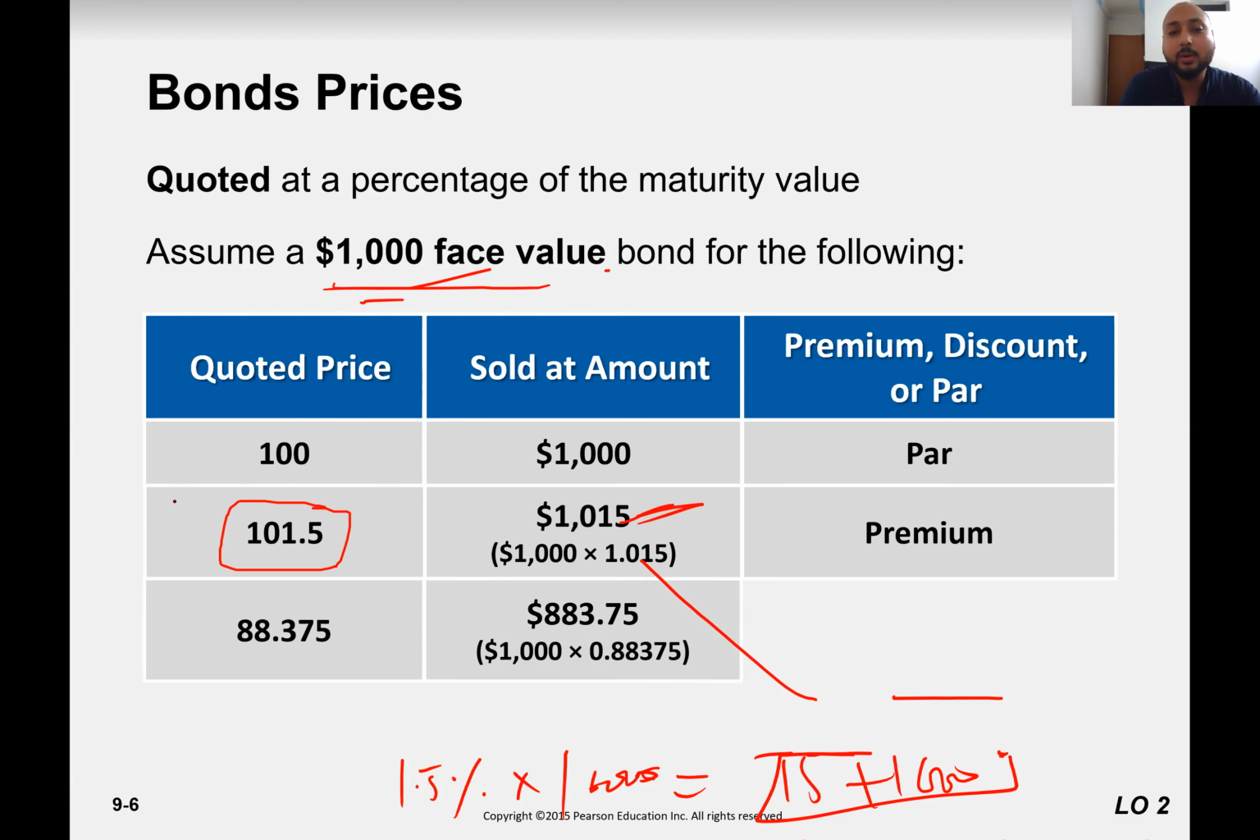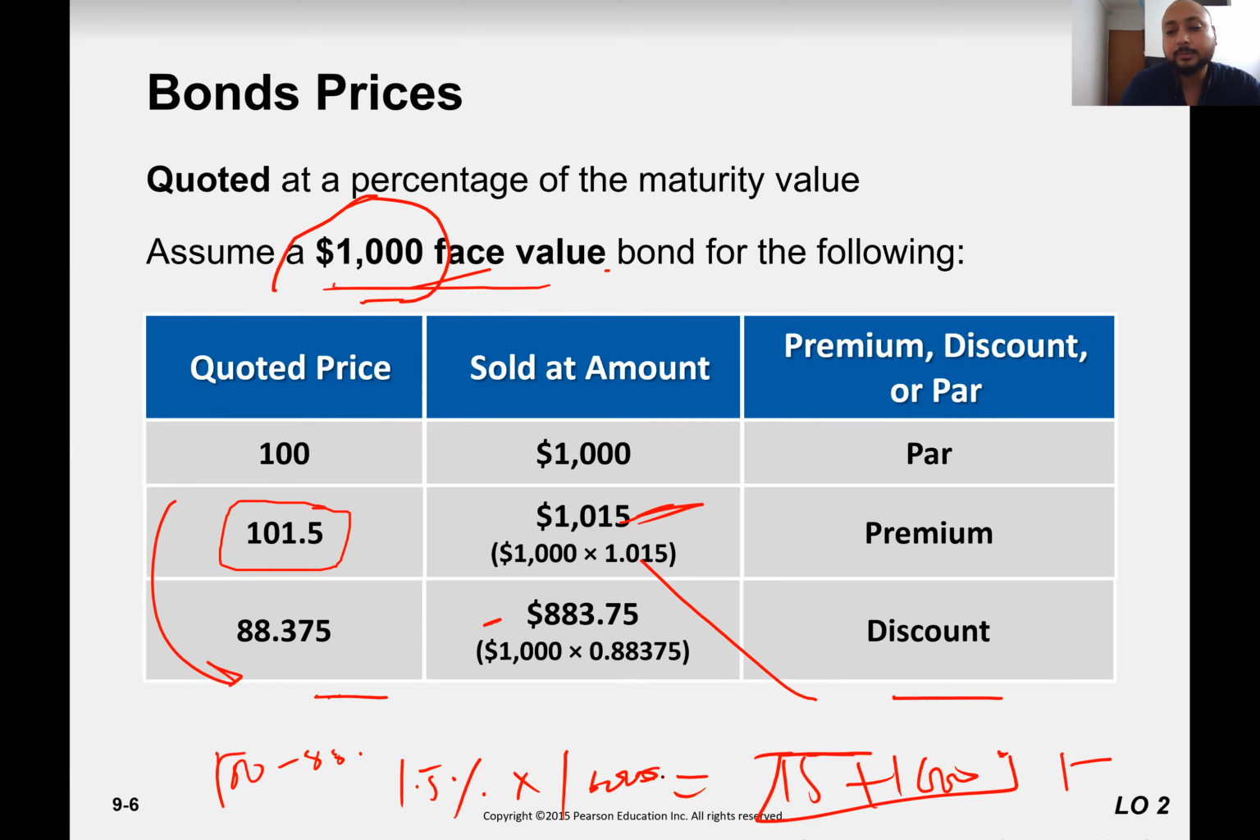It means its quoted price is less than 100. So it means it is selling at a lower price. Lower price means it is selling at a discount. And how do we calculate that? Simple. This is 100 minus 88.75. So you just say 1 minus